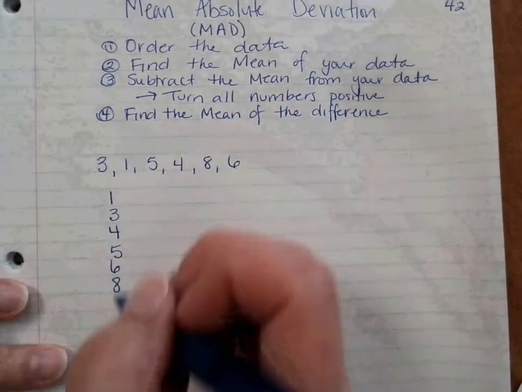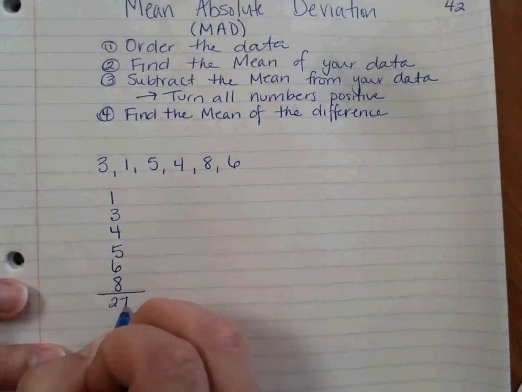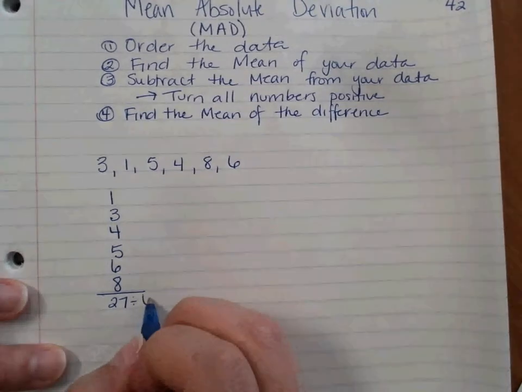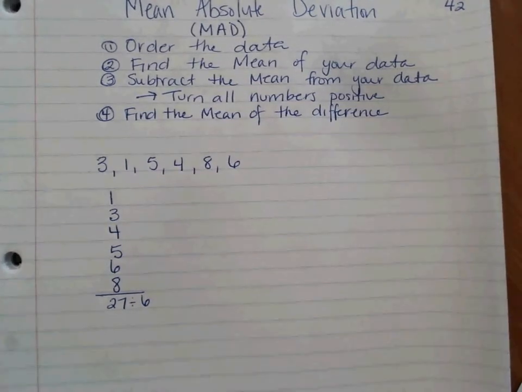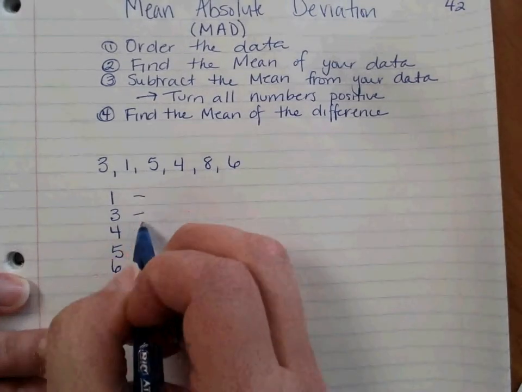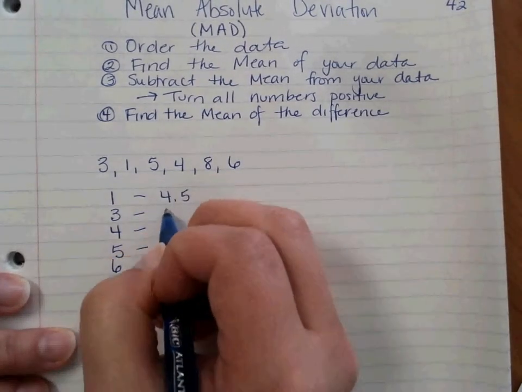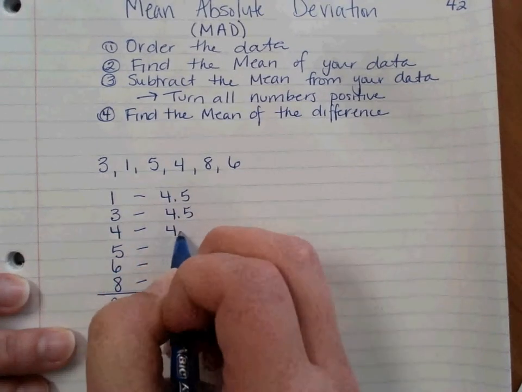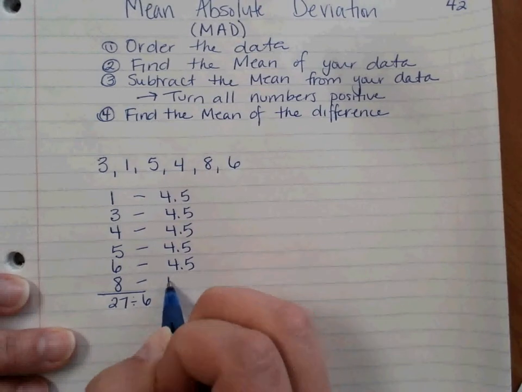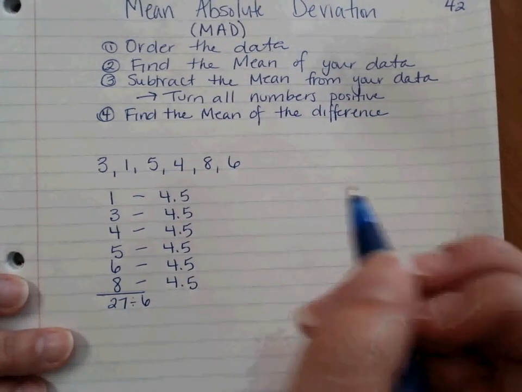First thing I'm going to do is add them all up. So when I add all these up, I get 27. I'm going to divide that by how many I have, which is 6. So my mean here is 4.5. So I'm going to subtract each one of these from 4.5. When I subtract them,